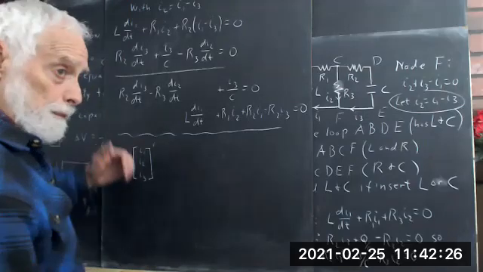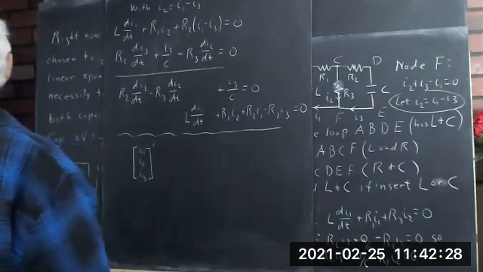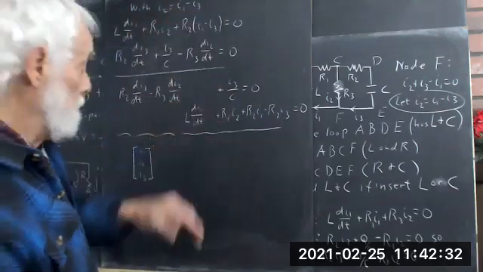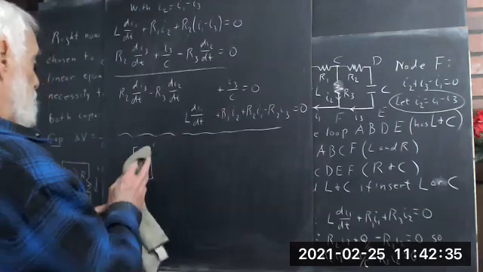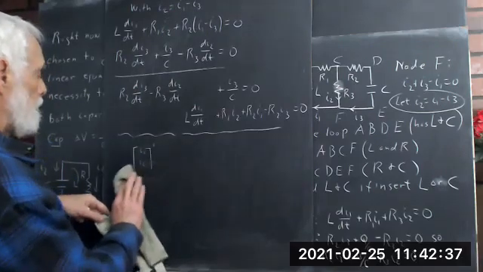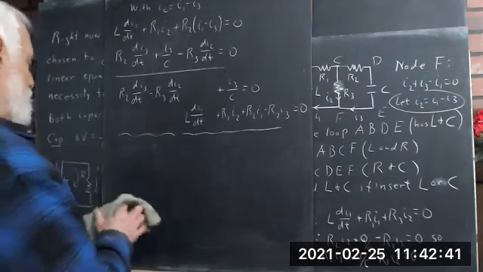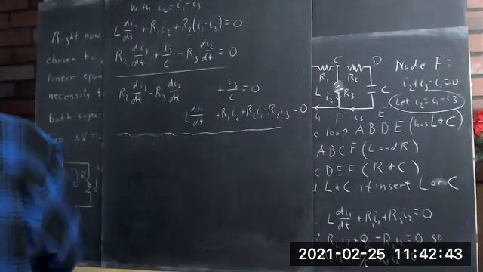Because I don't want a system with 3 equations. The reason I did this is to get a system with 2 equations. So I pretended to make that mistake. Now I'll fix it. Okay. So we have